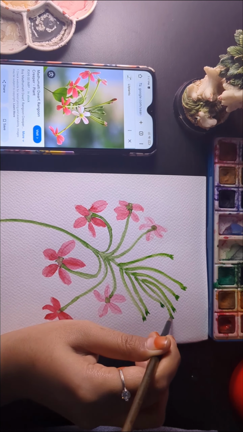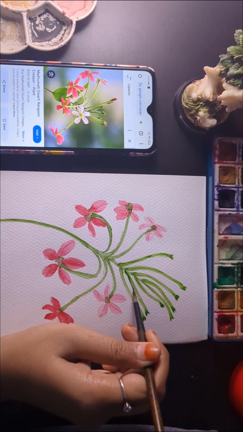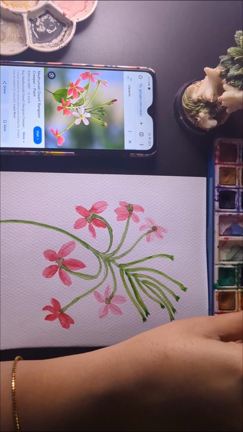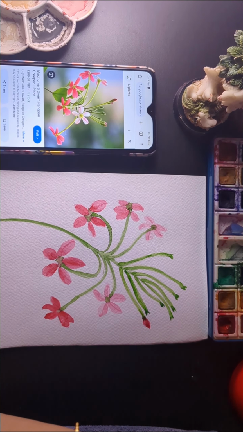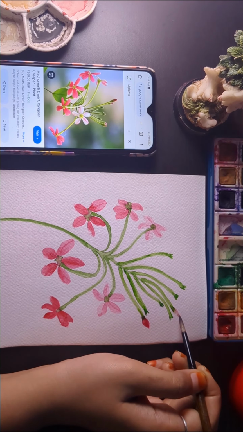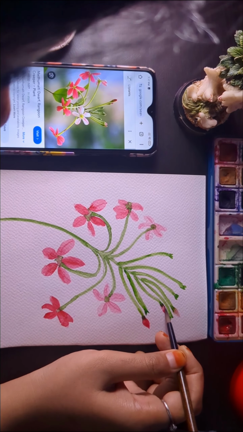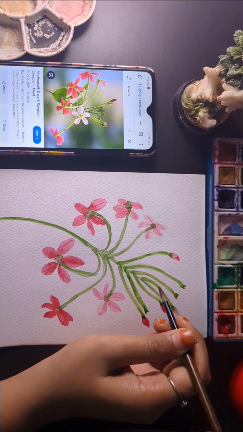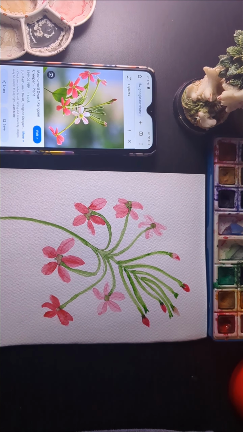You have to use the darker tone for the tip of your bud, and for some buds it's darker in shade, for some buds it's lighter in shade,